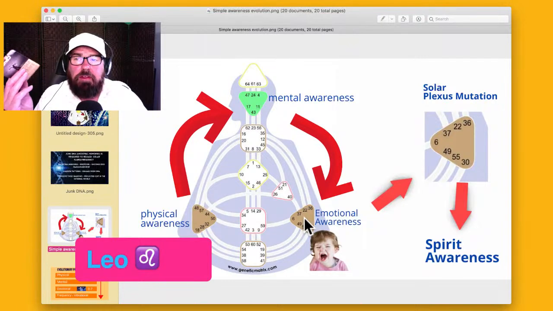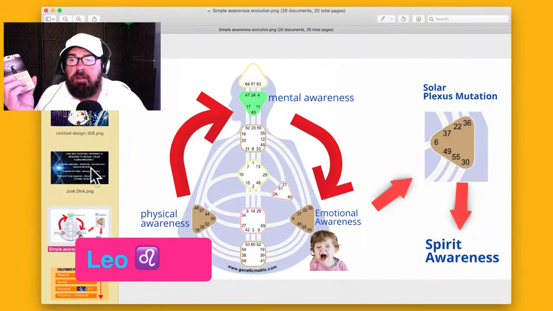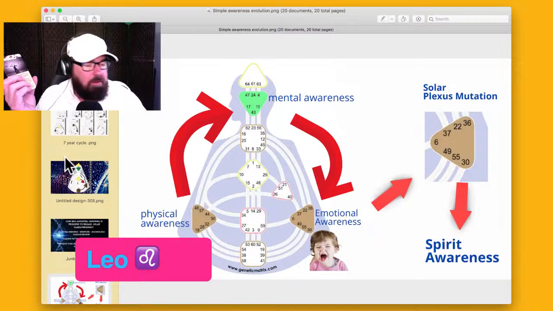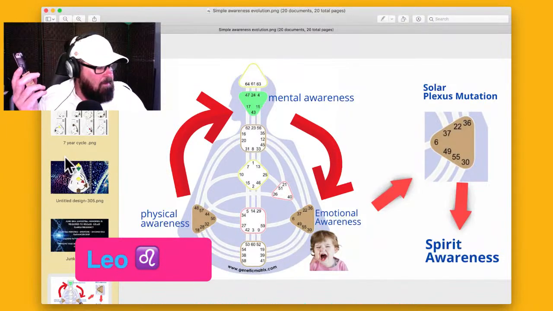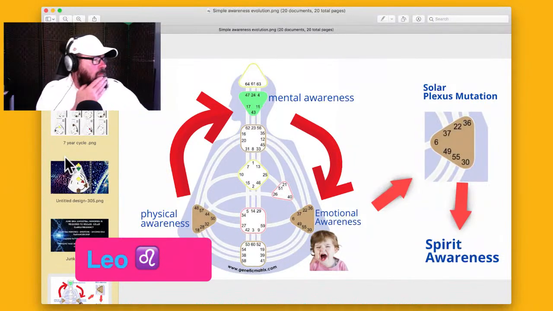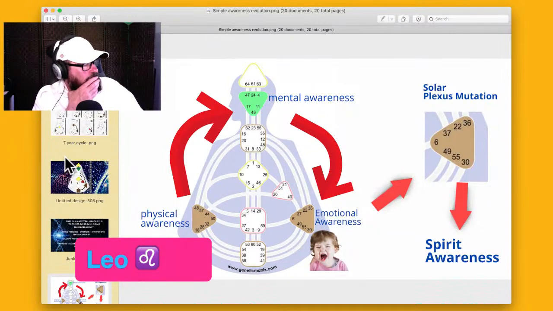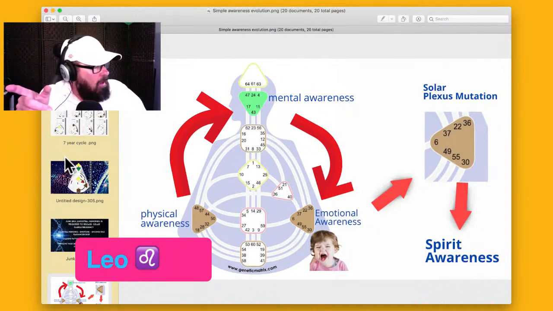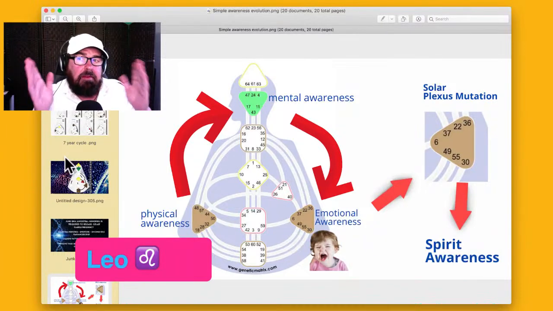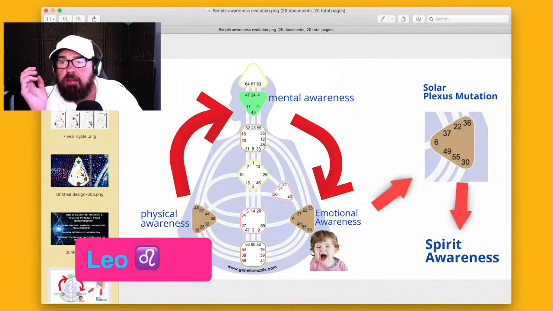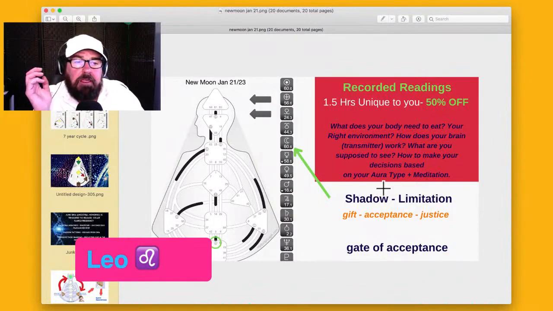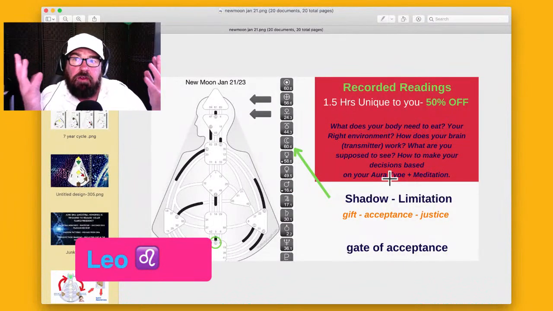So this also fits with your health too, because the sixth house is also about health. So in terms of the work, it's acceptance, because those are the gifts, acceptance and justice, and justice is just is.